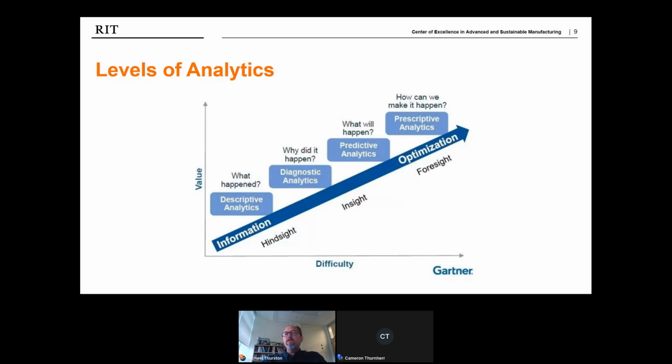So at the descriptive level, you may find out through end-of-line inspection of a machine part that there's an increase in surface finish defects in your quality checks. So you're understanding that there's an issue that's resolved. Diagnostic analytics help you understand the cause of the problem. So as we dig into that problem, analysis of good and bad parts indicates a variation in incoming material properties is likely the root cause of the quality issue that you've identified.